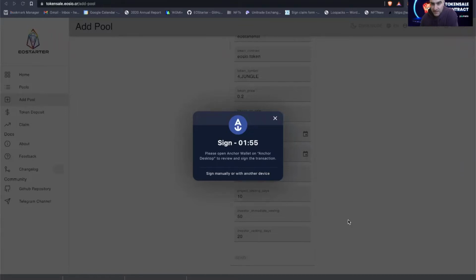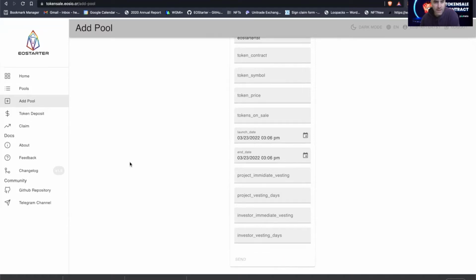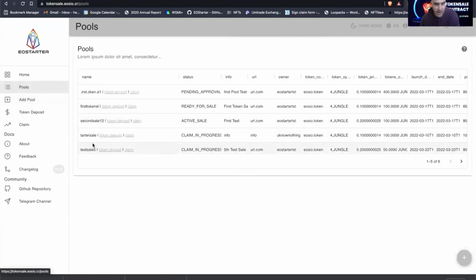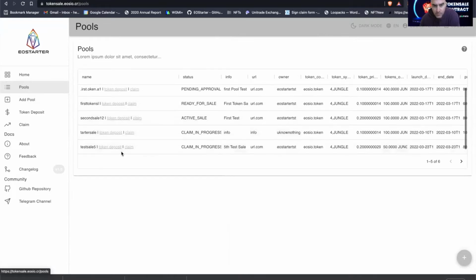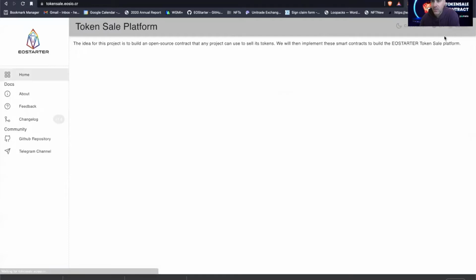setting up this sale, and you'll see that the pool was added successfully, right? So now what I have to do is, now we have the sale, no, not this one, but yes, we have, where am I? Oh, token pool 2. Okay, token pool 1, 2. Right, so now what I'll do is I will log in